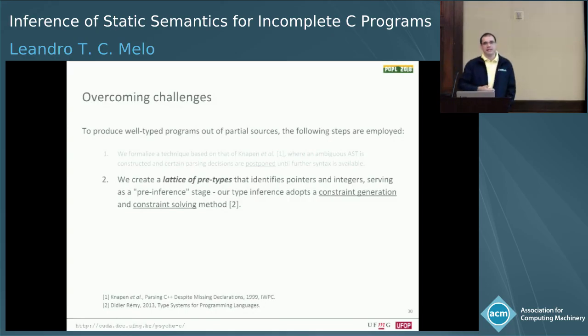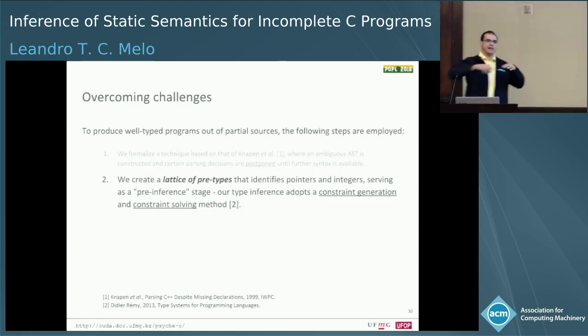What this pre-inference does is serve as a way for us to identify the use of those names in the entire program, so we know whether they're actually a pointer or an integer value. So we produce constraints or type inferences based on constraint generation and then constraint solving. Eventually, we'll have constraints that restrict the type of a particular name that's appearing, so we know whether it's a pointer or an integer.